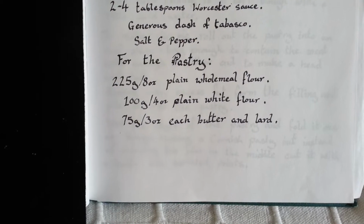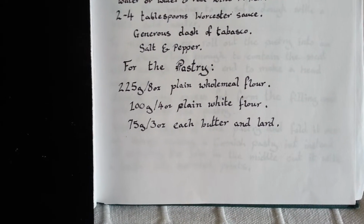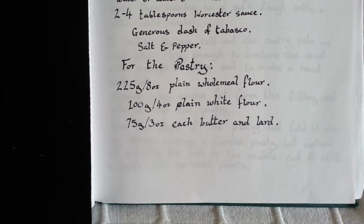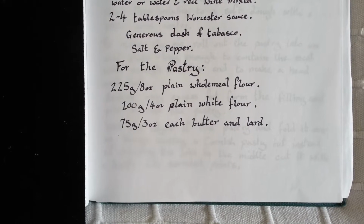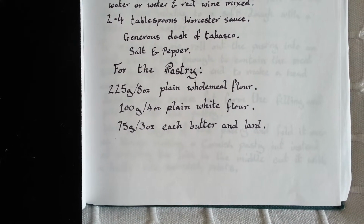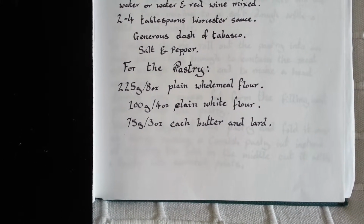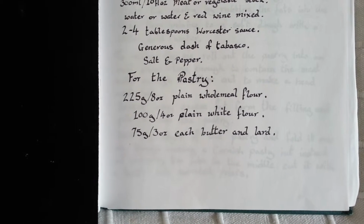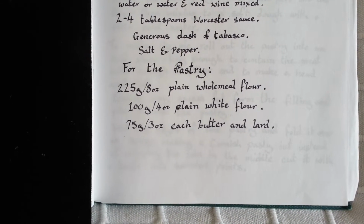And for the pastry, everybody says when they eat the dragon pie, they go, oh, that pastry's fantastic. Yeah, that's part of the thing. Once you start making dragon pie, if you let family and relatives come and try some, they'll expect you to make it for them every year as well. Believe me, we get people going, you're going to make me a dragon pie this St George's Day? Okay, well, for the pastry,